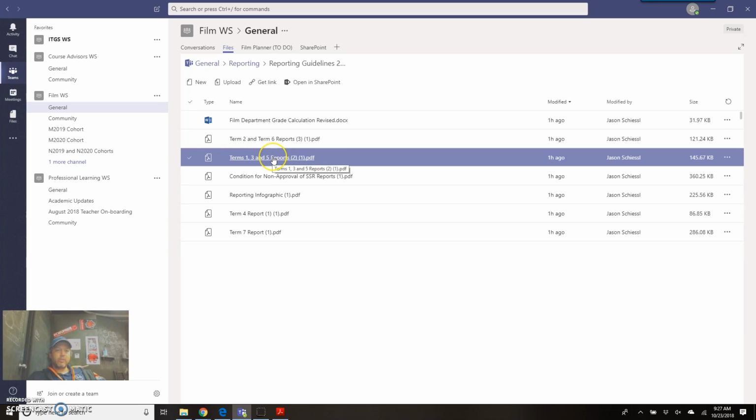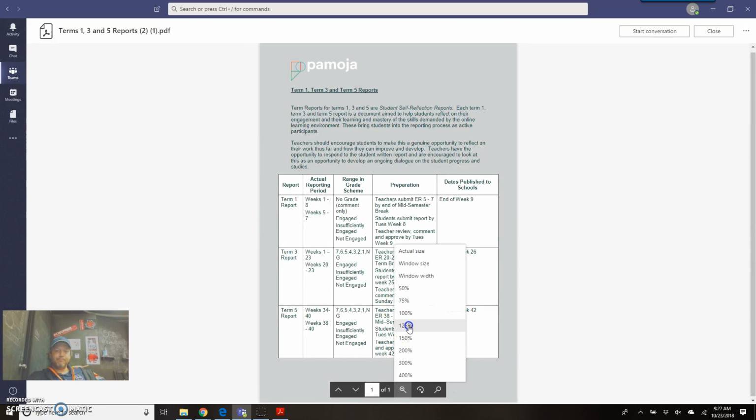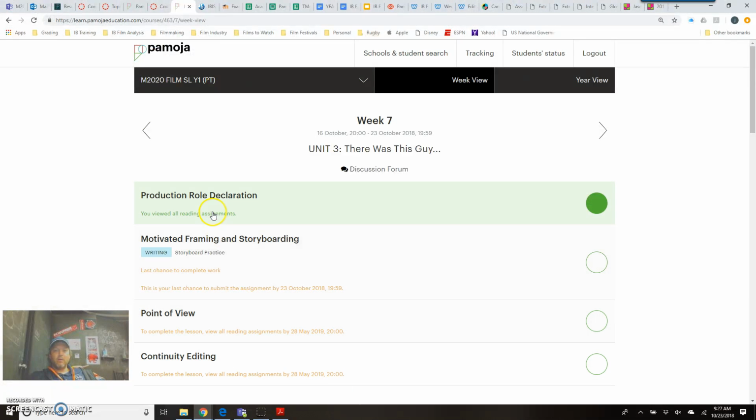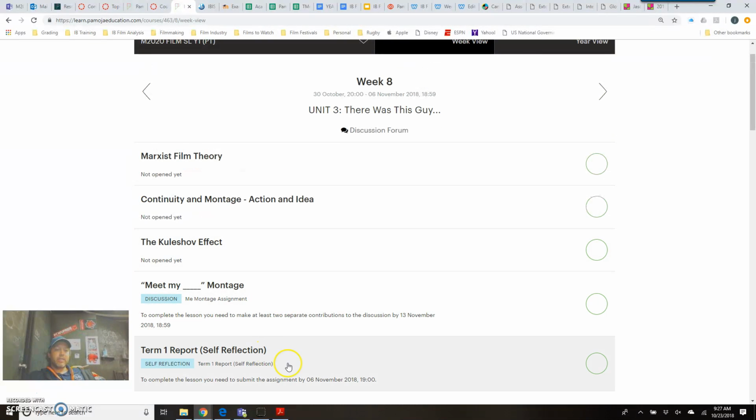Okay, so we're dealing with the Term 1, 3, and 5 reports. For Term 1, the reporting period is weeks 1 to 8. We're really in week 7 right now in Year 1, so we're finishing up week 7. Then we'll have a break. You'll notice that we end on the 23rd, which is today, and then they don't come back until the 30th. So you'll also see that the students in week 8 will have a Term 1